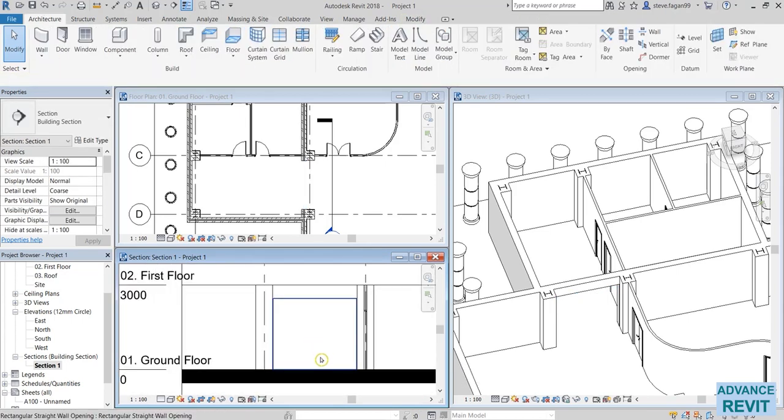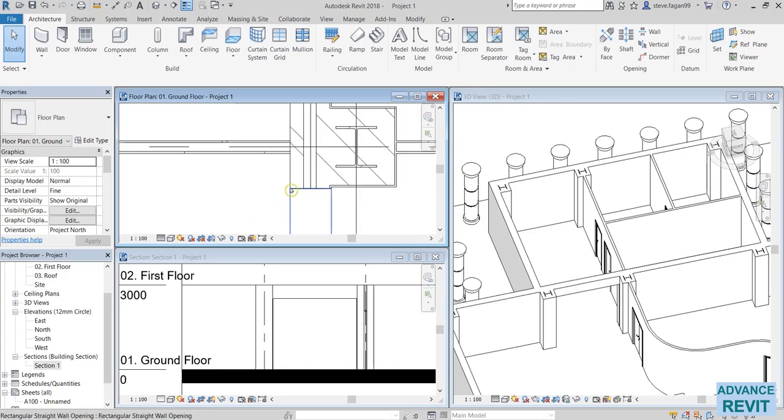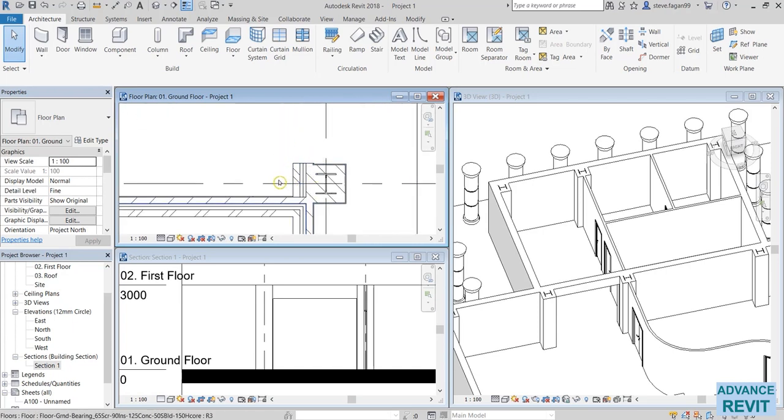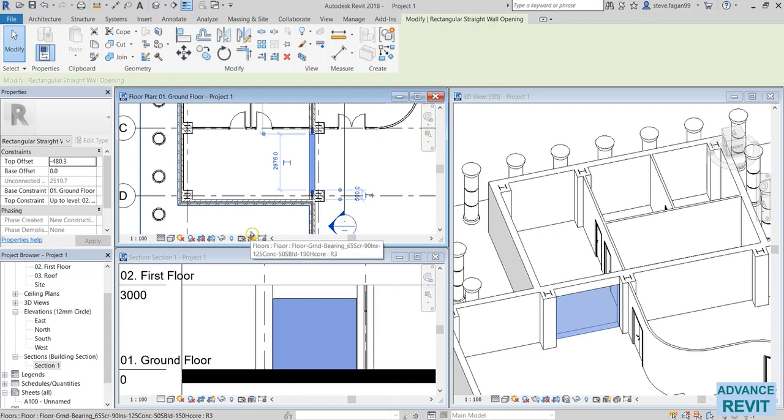So that is one method of creating an opening. The downfalls to this, if I go on my ground floor plan, you'll see that the external wall remains open. So what I mean by that is the brickwork doesn't return into the blockwork, or the blockwork doesn't return into the brick. Same below. So there is a small downfall to that. So next, if you just select the opening and delete it,